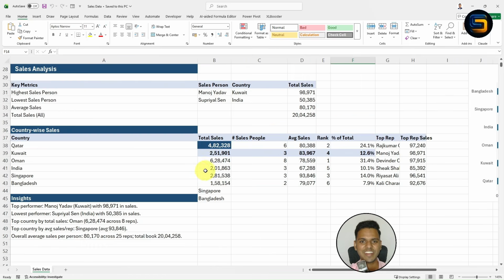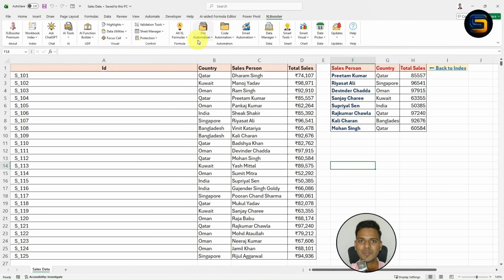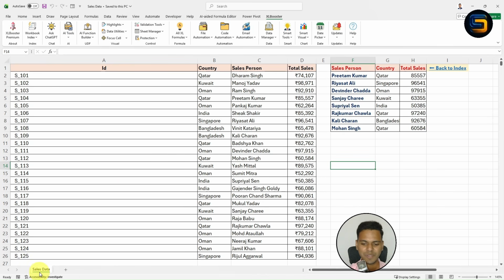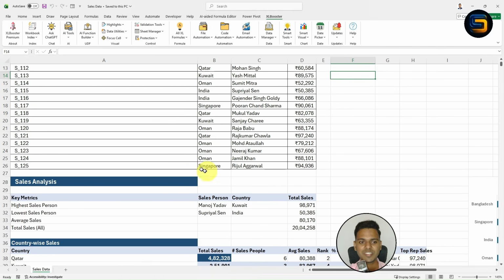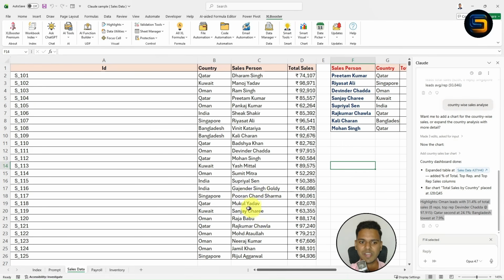Wow, amazing, right? Look here guys. Just with the help of Excel Booster tool, you can do your automation task, right? Now if you notice carefully, you will get this sales data sheet, right? Where you can see only the sales data sheet which is available in the original Excel file. So basically with the help of Excel Booster tool, you can split all the Excel sheet into different Excel file.